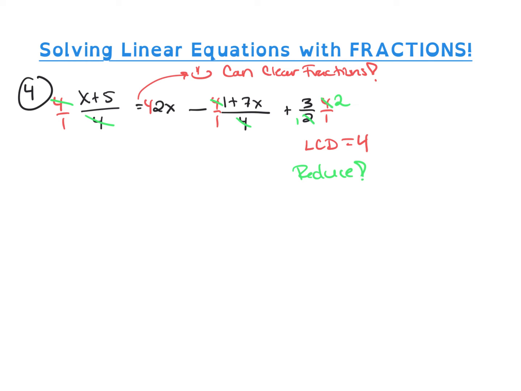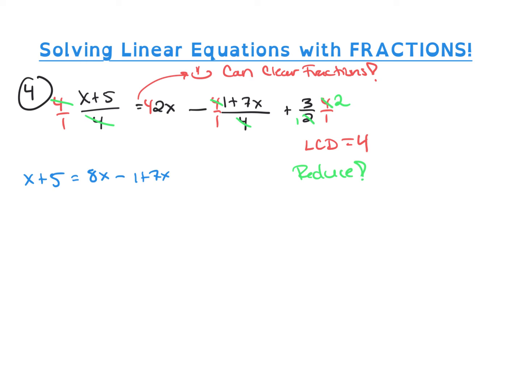First fraction, the 4's all canceled, so we just have x + 5, equals. Second term, 4 times 2x is 8x. Minus, okay, the third term, the 4's canceled. We're left with 1 + 7x, but a really important thing to note here, this subtraction sign that existed before the fraction applies to the entire fraction, meaning the 1 + 7x should all be subtracted. So I don't forget to do that,